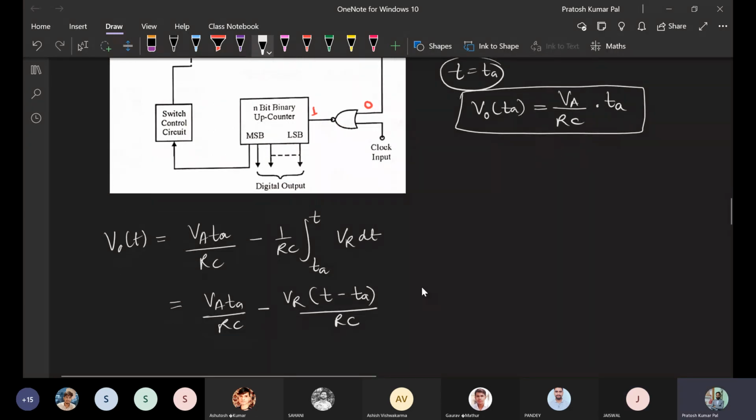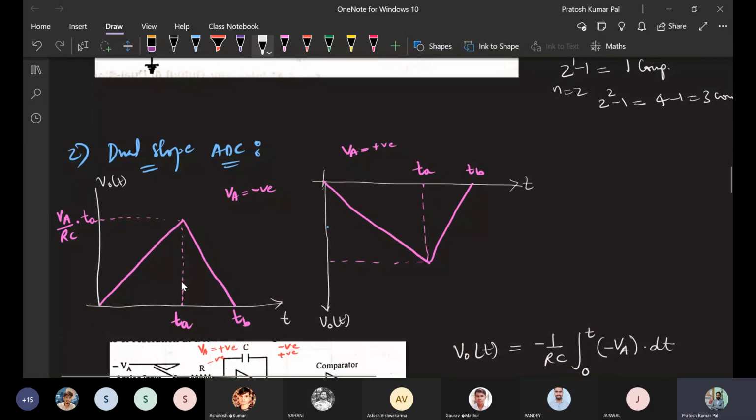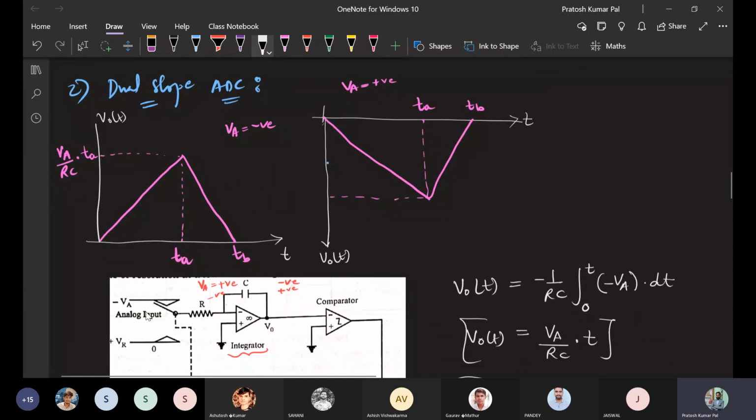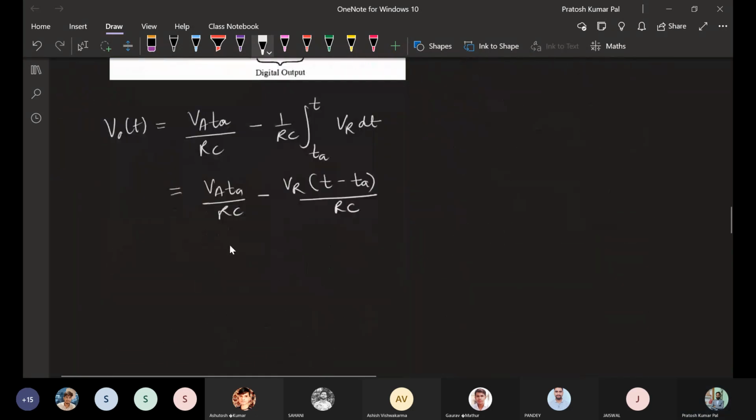Okay, so here we can see that the output of the integrator will be decreasing linearly from its value after TA time. So after TA time, this will be the output, the decreasing value. Through this curve, we can see that initially it was increasing, but after TA time, when we have switched the input from an analog input to a reference voltage, its output will be switching to